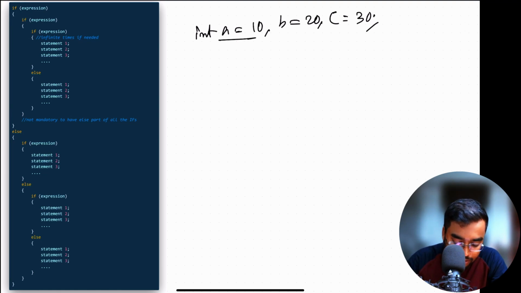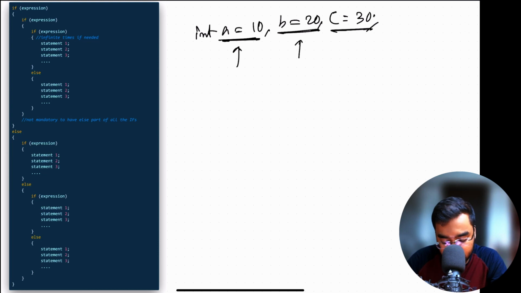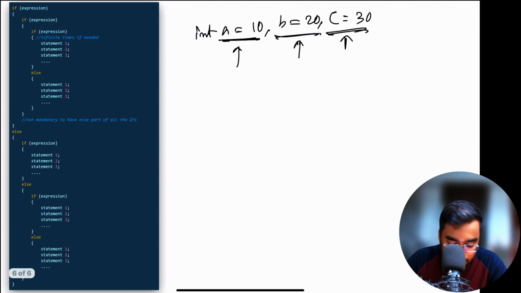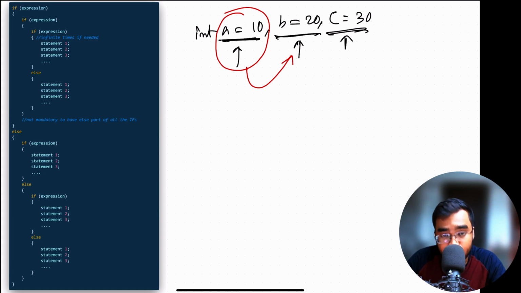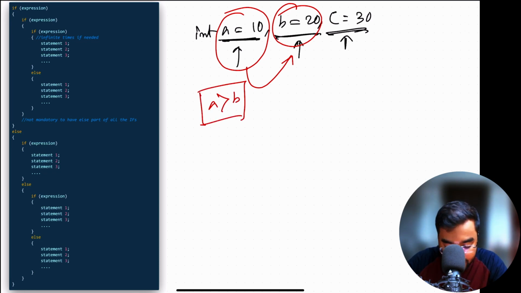Now for example these are the marks. This is person 1, this is person 2 and this is person 3. Now this person needs to check whether he is greater or not. So a has come to b, and it checks whether a is greater than b or not. If it is true then it's okay, but as it is not true, then we have to